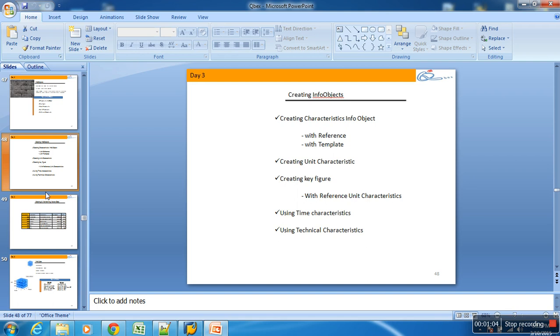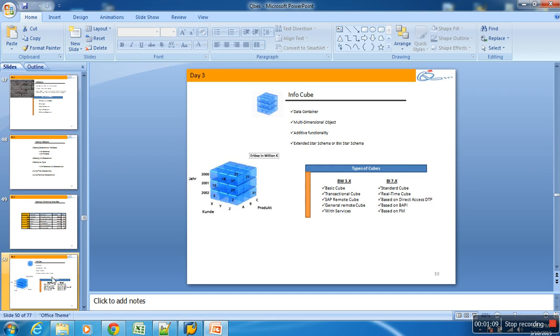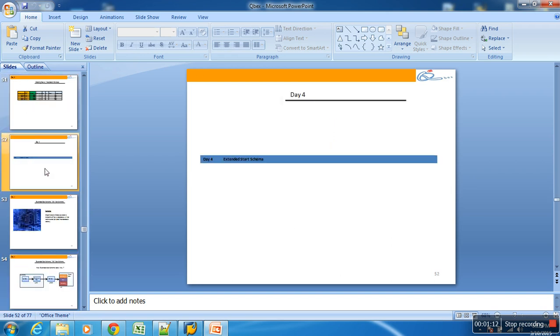Okay. So today what we are trying to concentrate on: you understood that there will be info objects. You group those info objects and create a cube. Now we are trying to understand something called extended star schema. Very, very important. If you don't understand, stop me, because this is going to be the base for SAP BW Info Cube. When you're doing modeling, you're doing the entire modeling to formulate this particular schema in the back end.